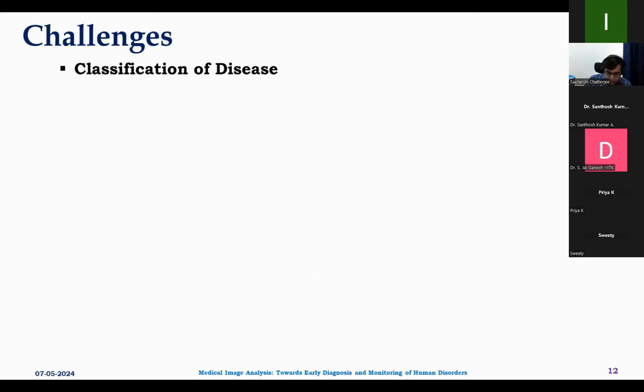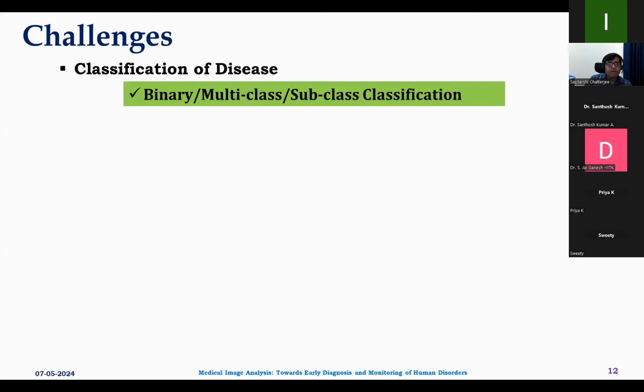So after this segregation of the region of interest and object detection, the final challenge is the classification, the identification of the disease, the determination of whether that particular image is of a patient who has that particular problem or not. So there may be different categories. It may be a binary classification problem, it may be a multi-class classification problem, or it may be a subclass categorization of that